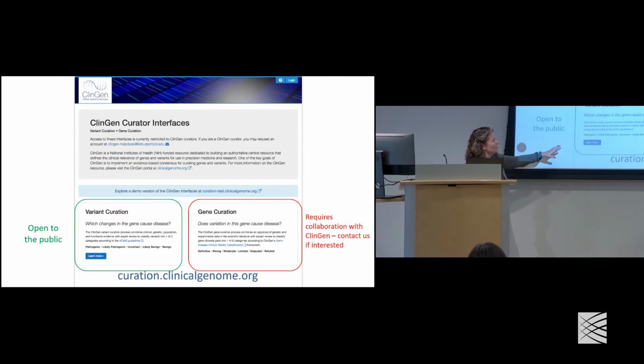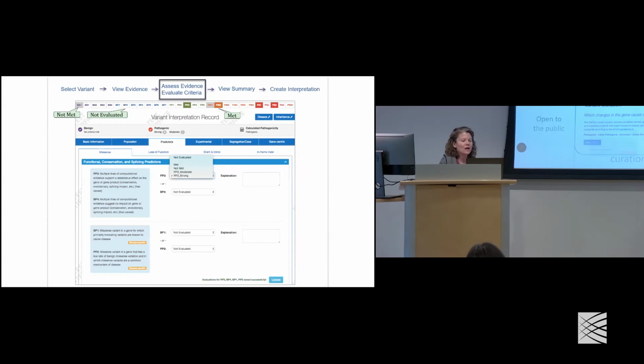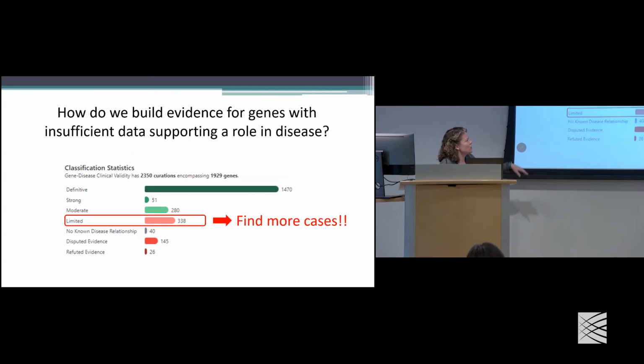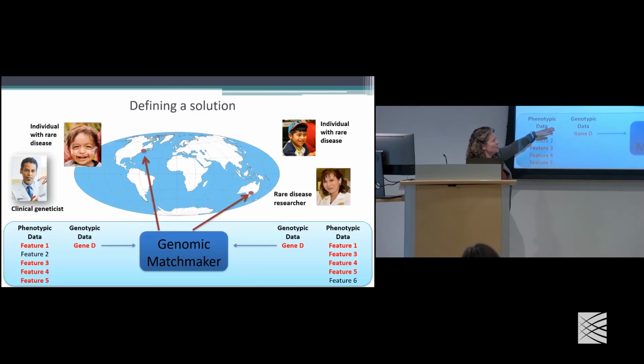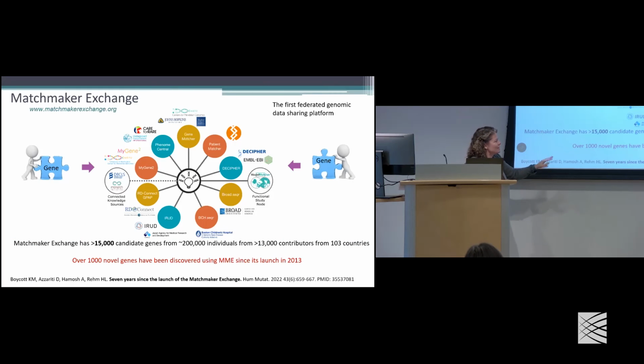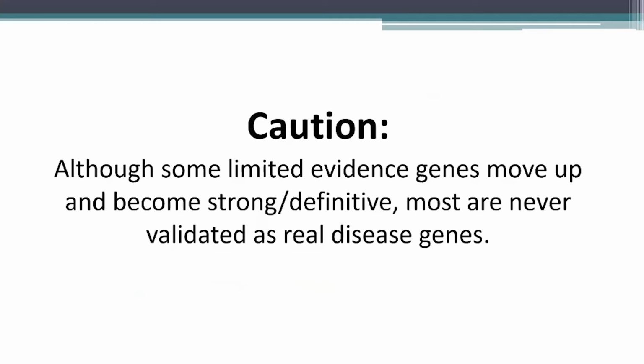And we also have a curation interface. So if you're a researcher and you just want to use the ACMG guidelines, you can freely use this interface. Our Broad Rare Disease group uses it for all our work. And there's just some screenshots in there. And one thing to point out, if your gene is limited, we have ways to address that through the Matchmaker Exchange, but that's for another talk. But it's a brilliant system, and you can read about it if you get my slides.